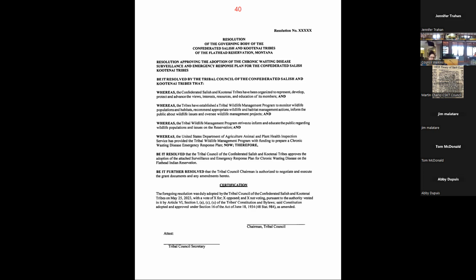Yeah, I believe on that first section, you can't test it externally, so you have to test a lymph node to tell whether it definitively has it or not. They can have CWD for at least 16 months before they start to show symptoms. So they can be infected for quite a while, passing that on in the landscape. But that's why the testing and the monitoring before we find it is really important, so that we know as soon as possible. Animals that are infected can persist for quite a while before they show symptoms.